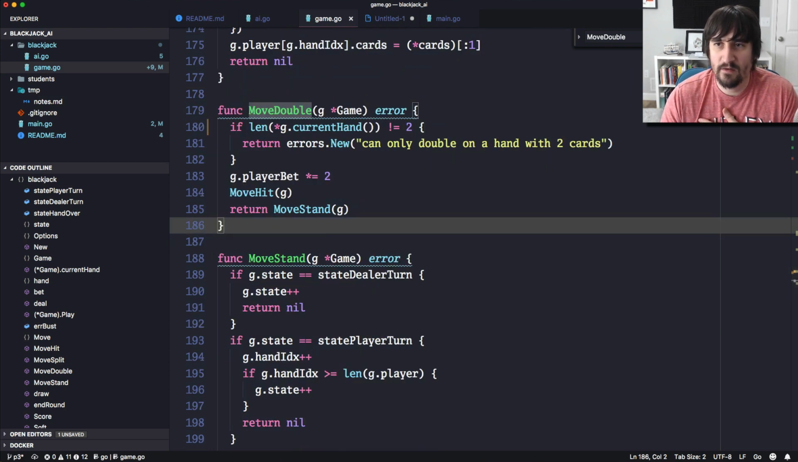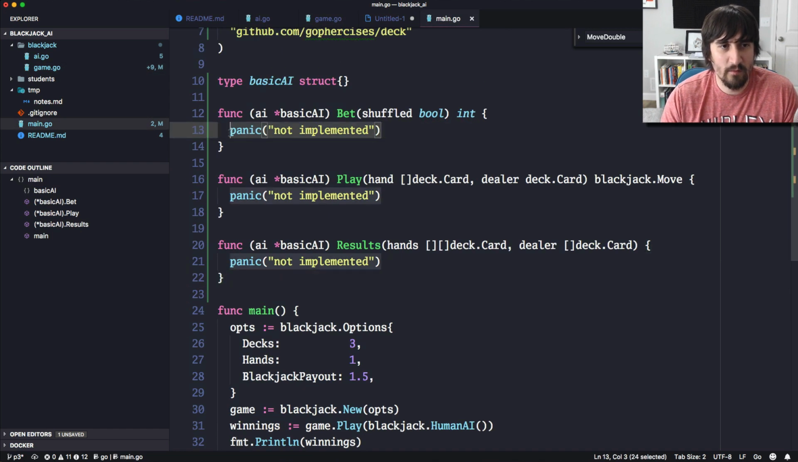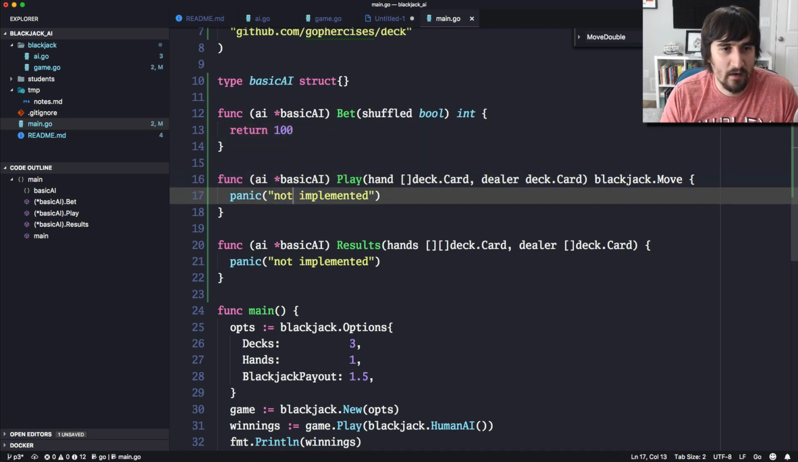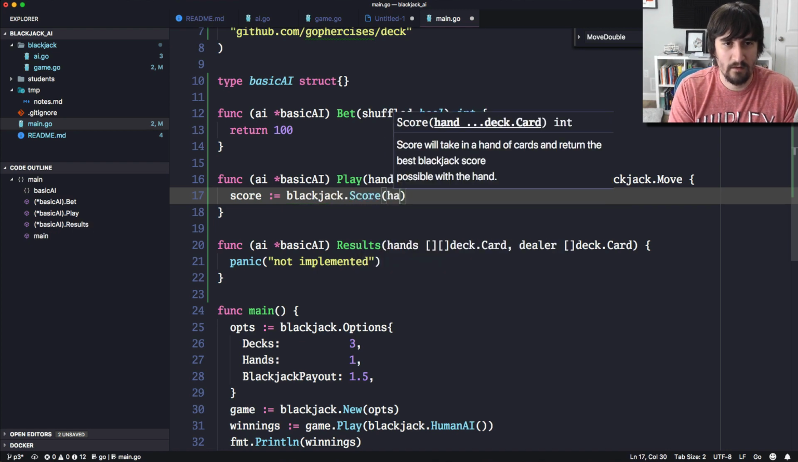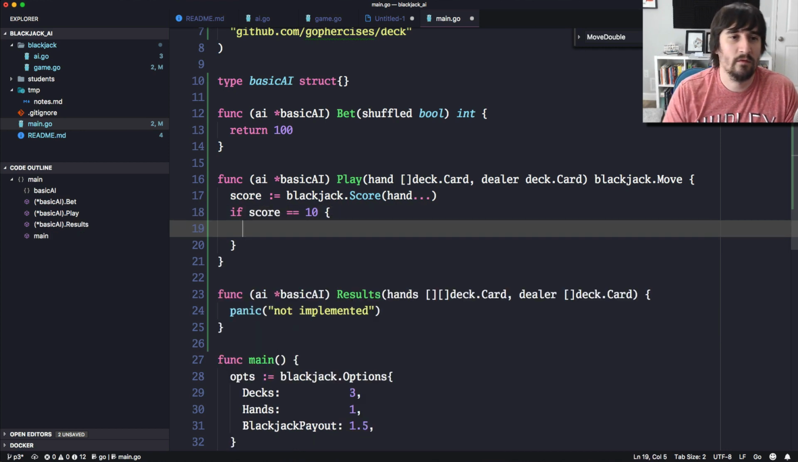Let's go back to our code and in our main.go, and let's implement this stuff. So what we're going to do here is say bet, we're just going to return 100 every time. We'll eventually add the card counting like I said, but for now I'm going to leave it as 100. So playing, what we're going to do here is a basic strategy. We'll say score is equal to blackjack.score of hand. Then we'll say if score is equal to 10, then,